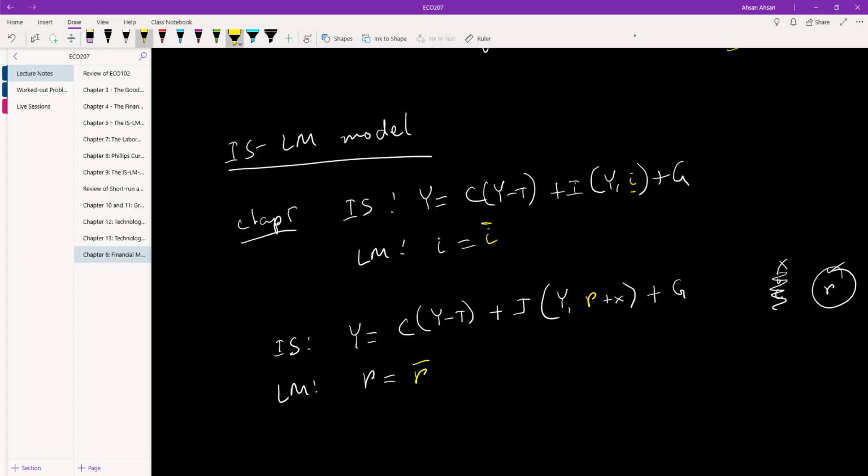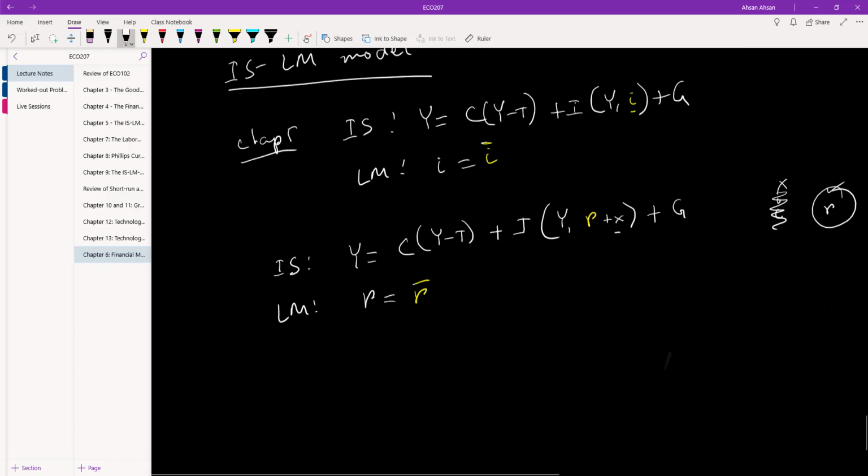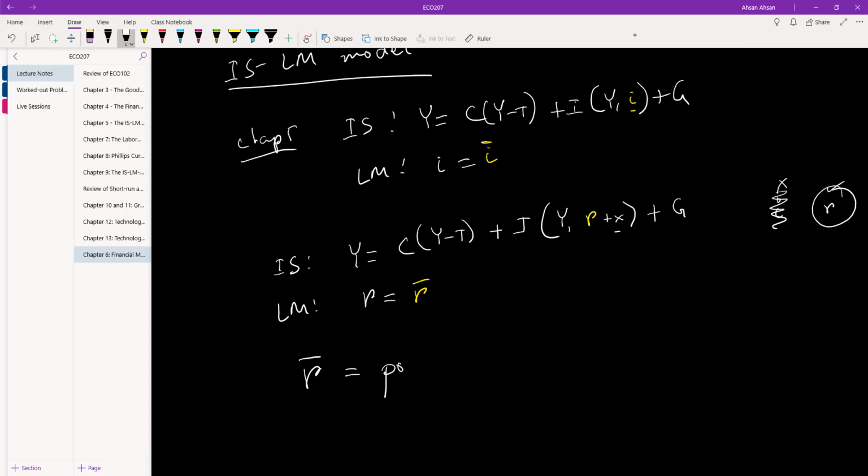The other difference is that I have added an X here. Okay, so what does that mean? So what we are going to do is this R bar, we are going to call this the policy rate, because this is the interest rate that's set by the central bank,